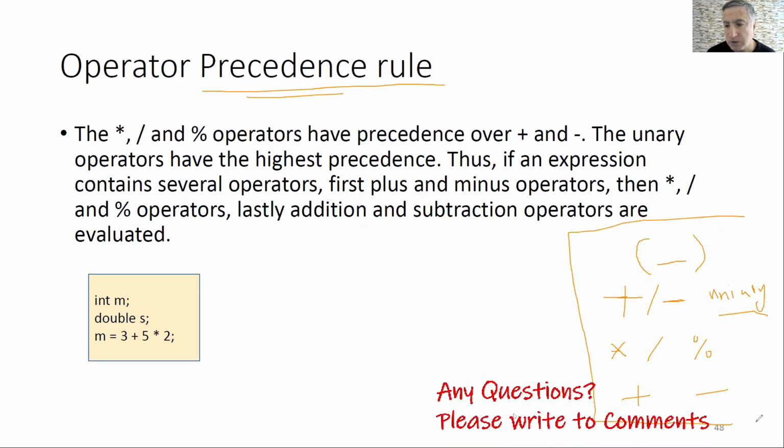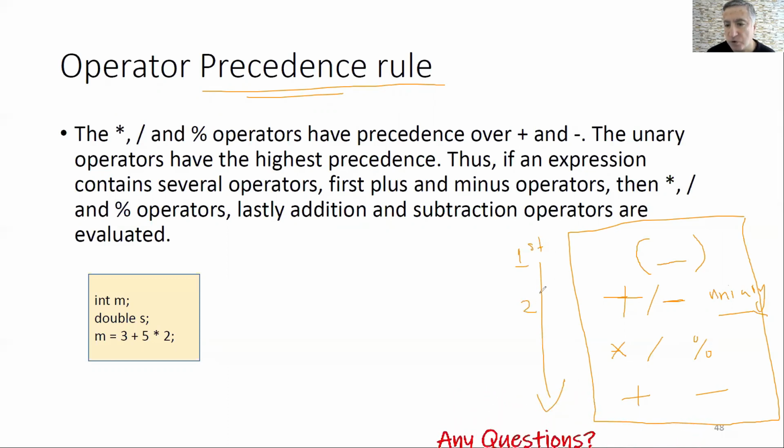So these are the operators we have seen so far, mostly arithmetic operators. And the order of precedence is like that. If there is any parenthesis, you do that first, then you do the negative and positive, then this is the third one, and this is the fourth one. So you need to solve any given expression following this precedence rule. Okay, so let's apply these rules to this simple code.